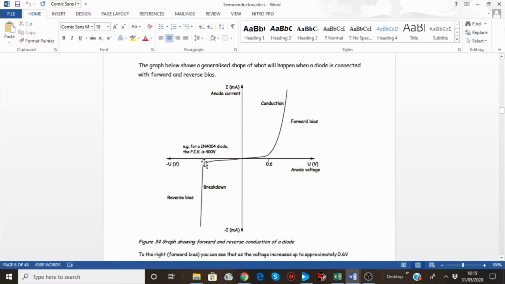If you apply a big amount of voltage, depending on the type of the diode, then you get to a voltage, like for instance, for this type of diode, when you get to 400 volts in a reverse bias, then you have a breakdown. Well, that is called breakdown voltage. Then you have a reverse bias current, whereas the forward bias current is this. You only have a leakage of current up to 0.6 volts, and after that, then you have a full flow of current going through the circuit. If this is voltage and this is current